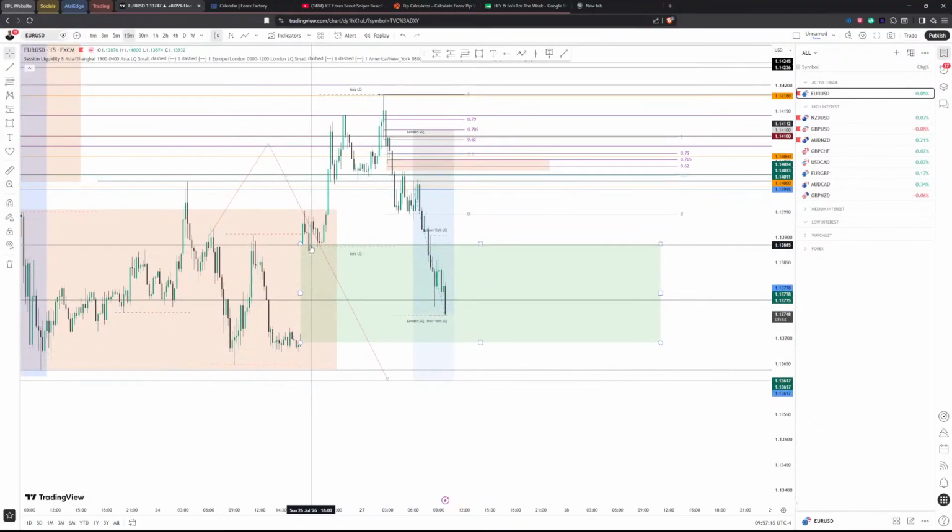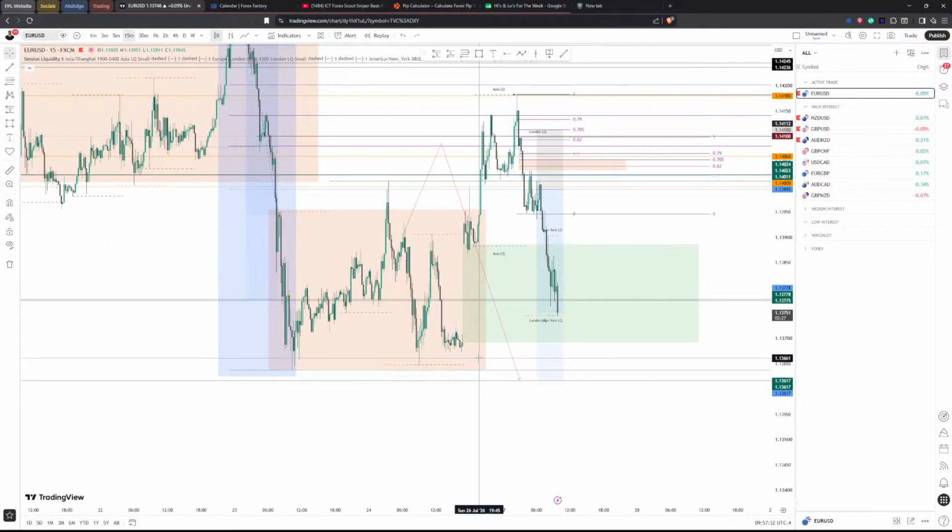So remember the target we birthed at the open, which was this green box here. This green box is an area of a market gap, which is where price wants to go to rebalance. So that was our target. We had the target set. If I saw this happen but there was no target, it would be very difficult for me to get in. It just helps you keep disciplined, helps you understand where you need to take partials, and helps you understand where you should come out fully of your trade, even if price goes beyond there.